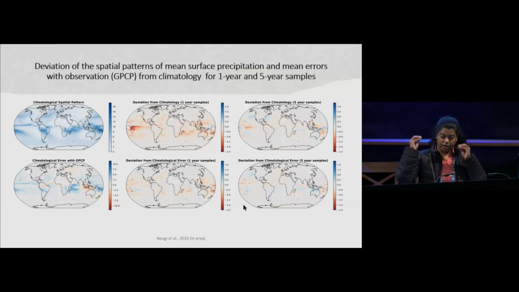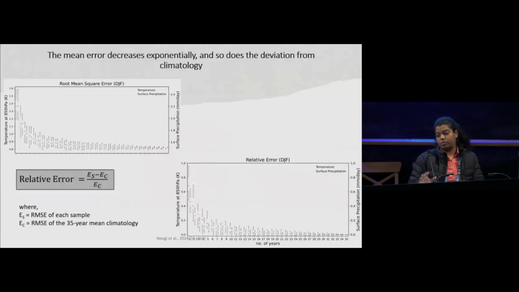So we want to quantify how many short samples are enough in this case. These are box plots to show the variation of errors in each sample.